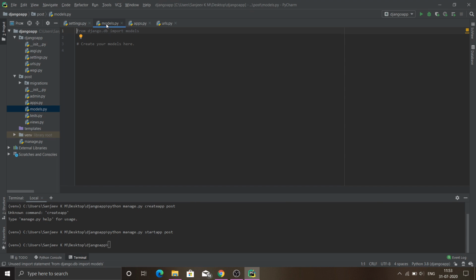What this models.py file does is map those SQL queries into Python code, so that we don't need to actually know the SQL query to perform those functions. The only thing we need to know is the Python code which will execute that query. So without knowing any of these queries, you can interact with the database with our Python code.